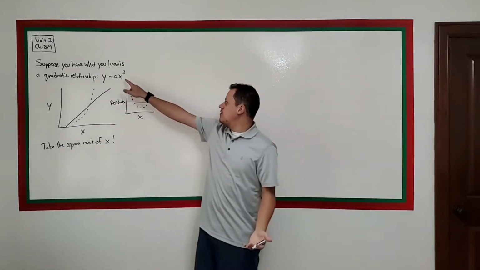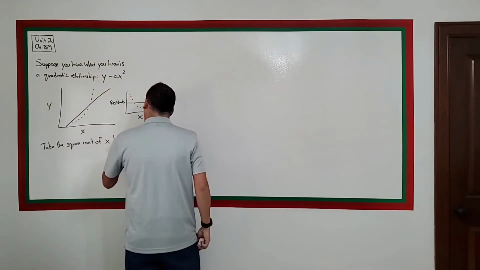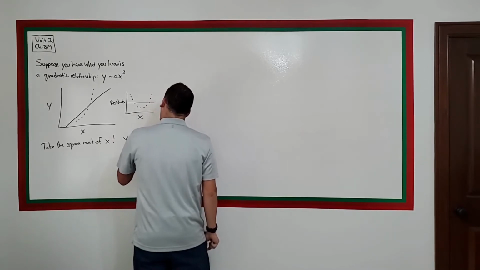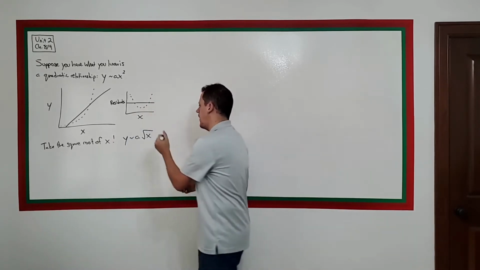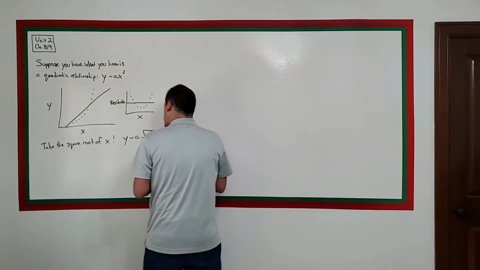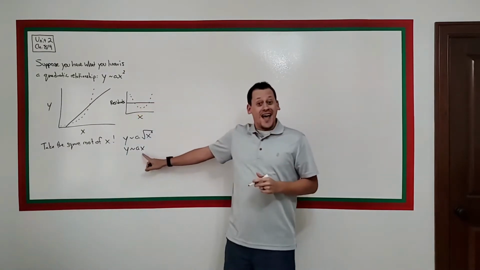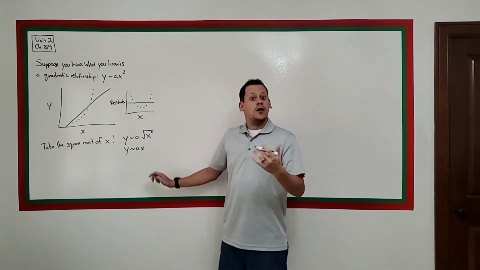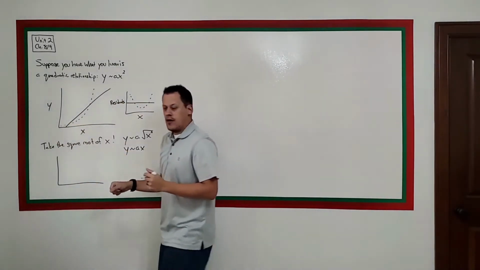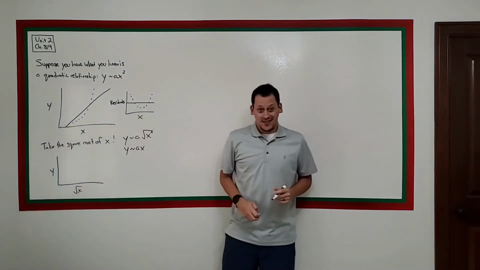So we just need to take the square root of x here. So, in a sense, we'd be doing y is proportional to a square root of x squared. Right? And this is just x. And this is a linear relationship. So what we're saying is, if instead of x versus y, you plot the square root of x versus y,